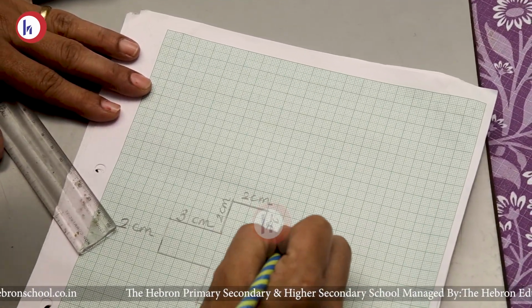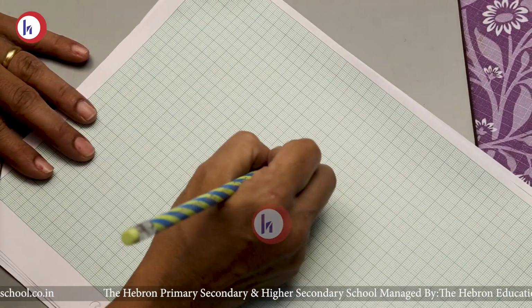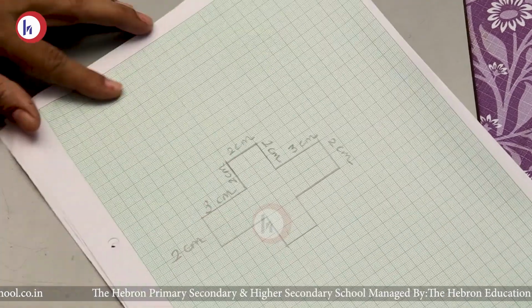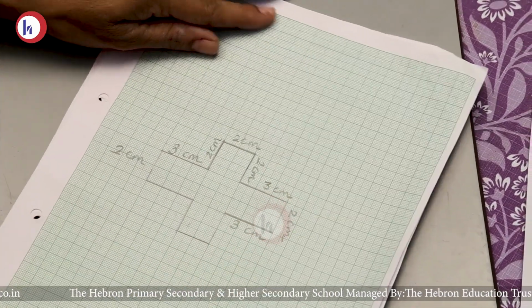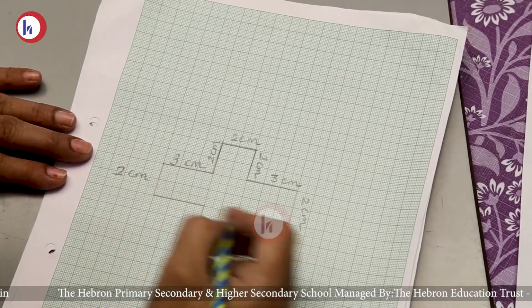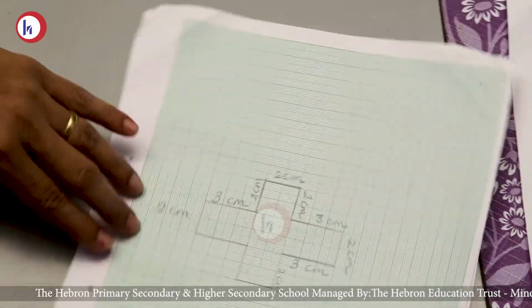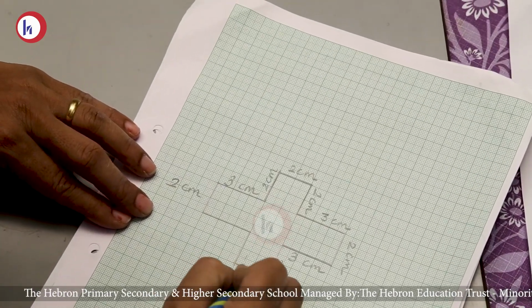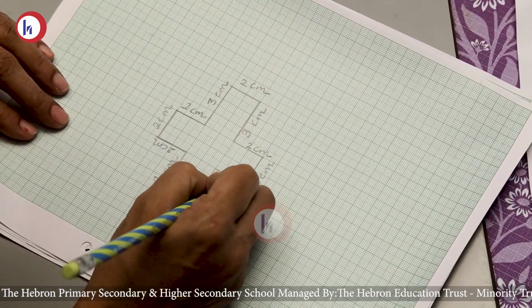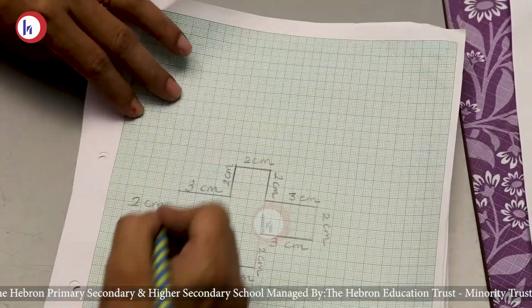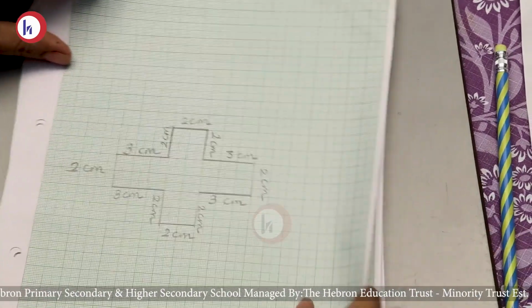Here 1, 2, 3, 3 centimeter, 2 centimeter, 3 centimeter, 2 centimeter, 2 centimeter, 2 centimeter, and this is 3 centimeter. Okay? Now,